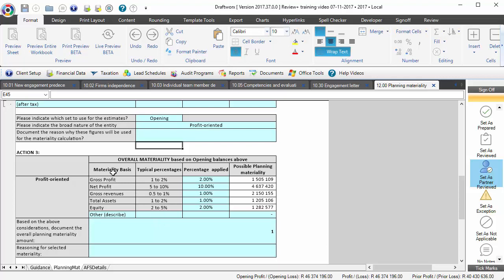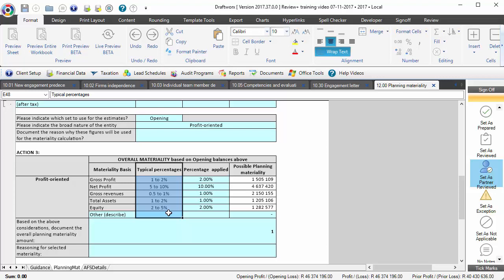Then in section 3 we're looking at percentages. Now these percentages are from discussion paper 6 issued by SAICA in 1984, I think it is. We've not yet converted these to the IFAC. In our audit methodologies, this is something that IRBA, our local regulator, has requested us to use, or has indicated that they believe is the industry norm.